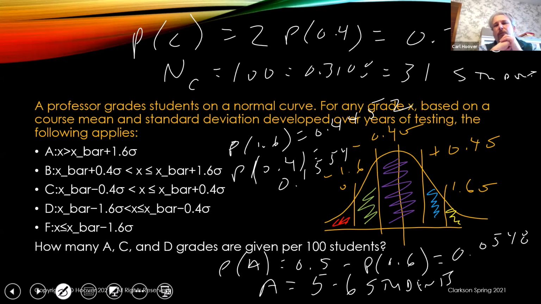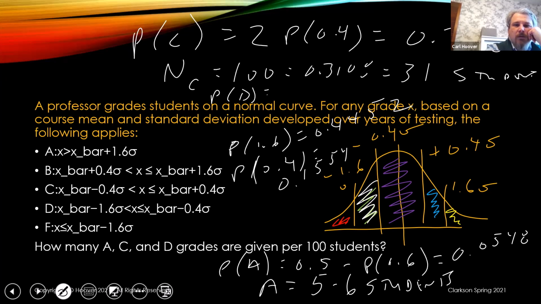And then the question of the probability of D. Okay, so that's just looking at this guy right here. It would basically be the difference in probability between 1.6 and 0.4. And so that's the difference between 0.4452 and 0.544. So probability of D